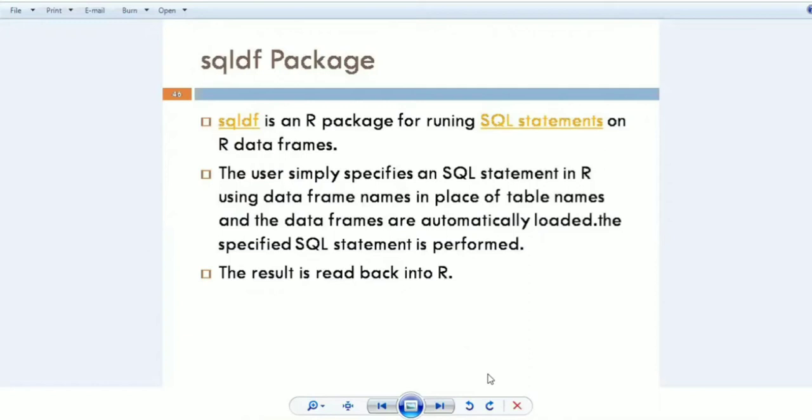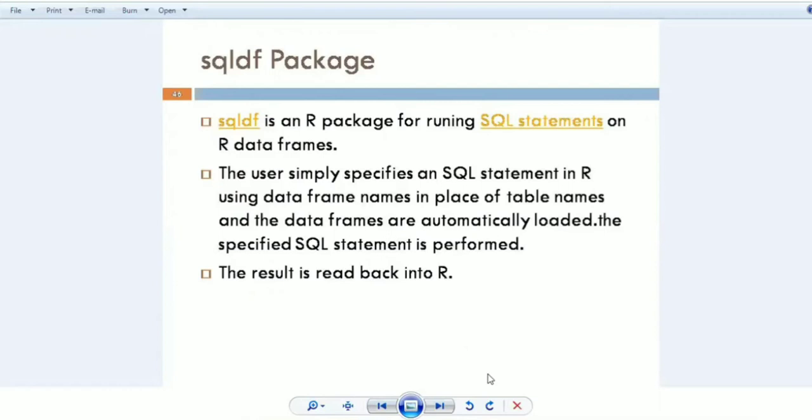It contains heterogeneous columns in which you can put different data types. You can merge it together and make it two-dimensional. It is like a two-dimensional table. So in that case, you can use SQL queries if you're using the SQLDF package.